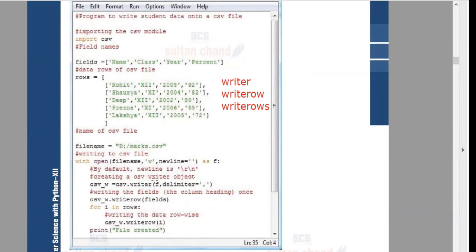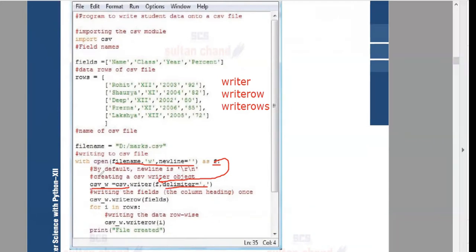How to create a CSV writer object by specifying a file and the delimiter. Delimiter is optional. So first let me explain this particular line and then I'll explain whatever is there before that. After opening the file with the file handle f, f will be specified as the first parameter to the writer function, and the second parameter is optional. If it is anything other than comma, you can specify it. Otherwise, you can leave it as f itself. If you want to specify it, you can write delimiter equal to comma. Can you all understand? By default, the delimiter is comma.